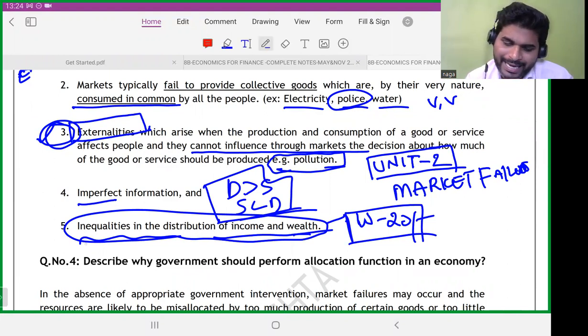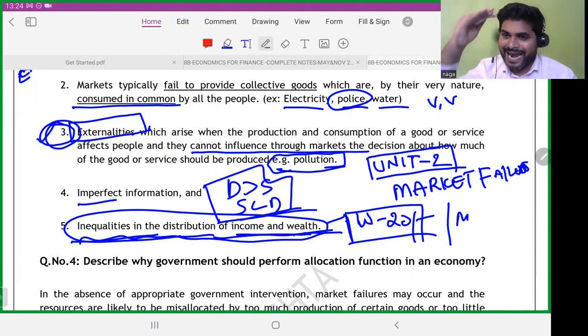So the inequalities: the private sector, the middle class or above, may be able to afford it, but the poor will not be able to afford it, right? The inequalities in the distribution of income and wealth. India will stand in the top when it comes to inequalities of wealth. It means the top 10 richest almost hold close to 30% of India's wealth. So that is the level of inequalities that we have.